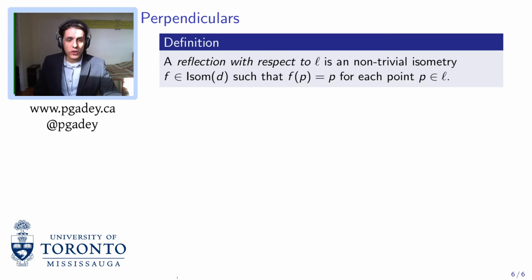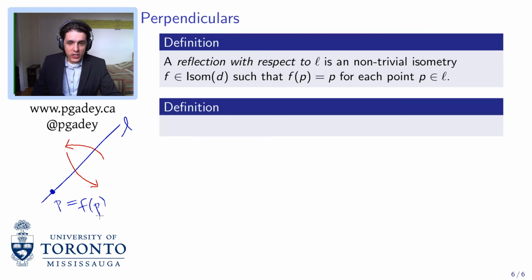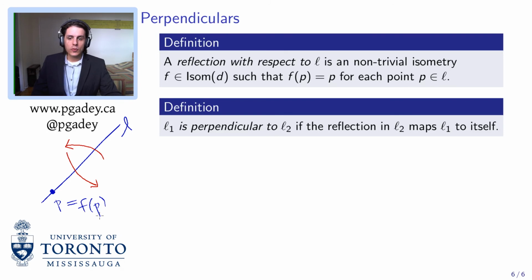A reflection with respect to L is going to be defined to be a non-trivial isometry, so an element of the isometry group, such that f of p is equal to p for each point on L. So if we have a line here, L, this map is going to switch the components on either side of it, but it's going to send every point on the line to itself. So this defines a reflection about the line L, and we say that L1 is perpendicular to L2 if the